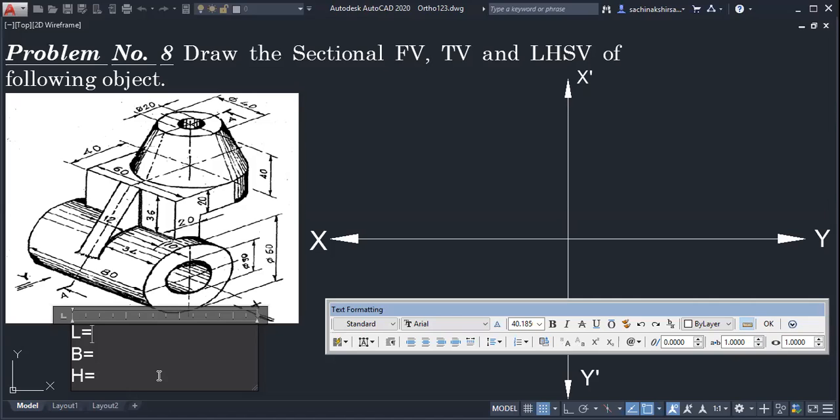60. It is a diameter. So diameter झाला. 60 is a diameter, so its radius we have to add. Radius plus 30. कारण हा जो मिडलचा पार्ट आहे, एक्झॅक्ट मिडल पासून चालू झालेला आहे. दॅट्स वाय सेंटर ऑफ द सिलेंडर वी हॅव टू टेक फर्स्ट. सेंटर ऑफ द सिलेंडर मीन्स रेडियस प्लस